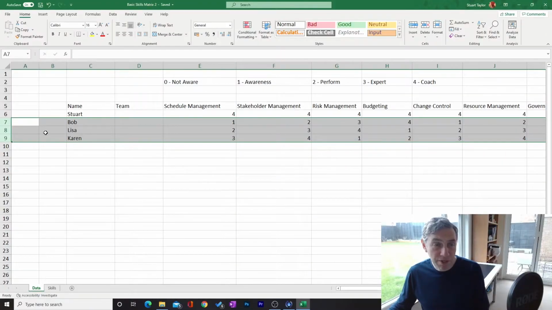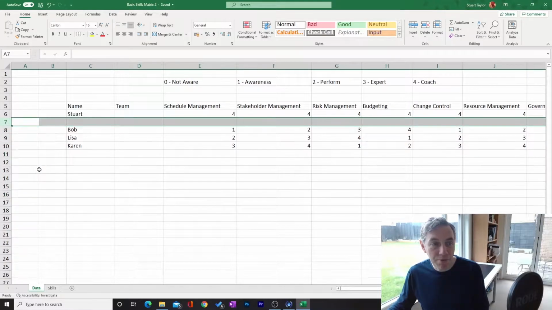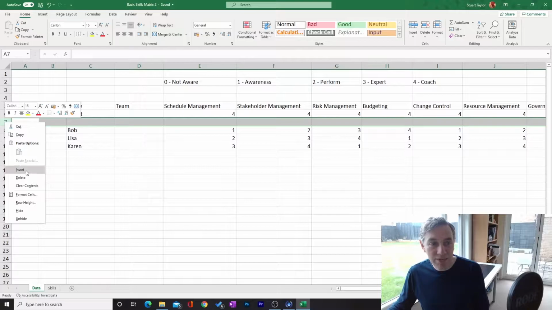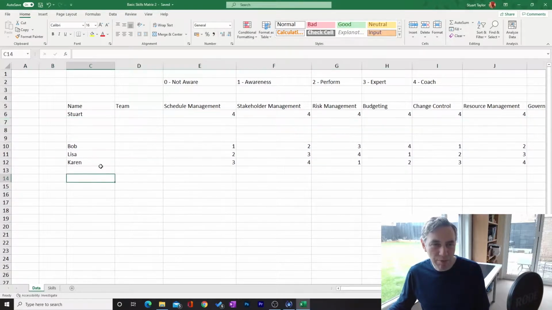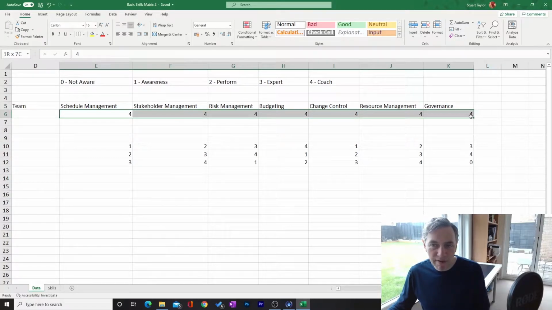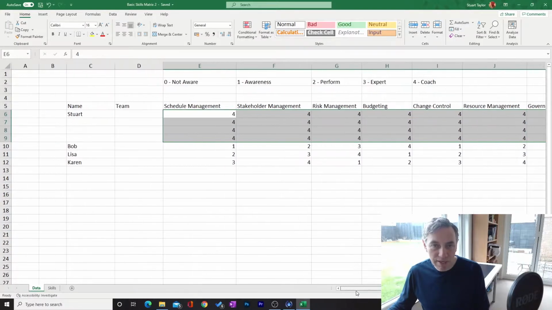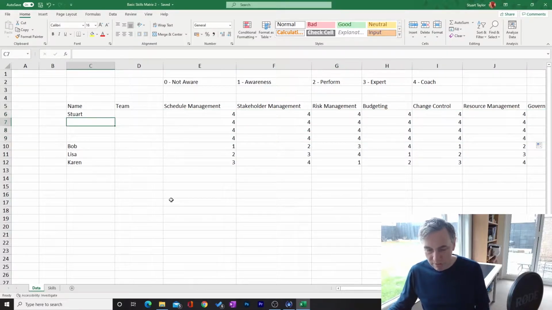So the first thing I'm going to do here is create a little bit more space to add a few more people. So I'm right clicking on the row numbers and I'm just hitting insert and just dropping a few lines in there, just so we've got a few more people to play with. And I'm not worried about the values that are in here at the moment. They're not really that important. And so I've just copied down what was in the previous ones,